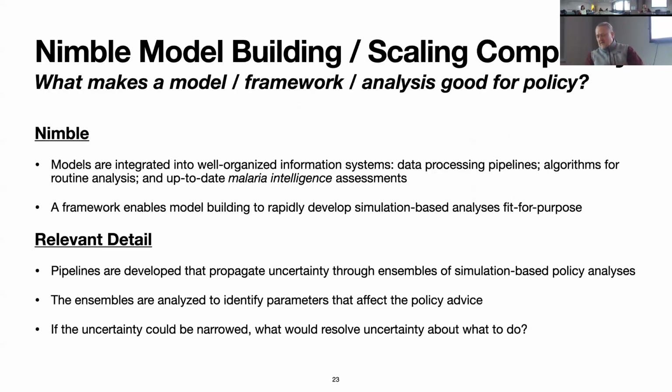Now, to make this work right, to do all of the things I've said, we need to be nimble. So you sitting in a policy office, from one minute to the next, the discussion could change. And if you can't come back and provide policy advice in a reasonable amount of time, you just won't be useful. So you need to be able to change the kind of thing you're doing. And this is one of the reasons why we didn't want to go down this route of using individual-based models, because they take a long time to build and calibrate and turn advice back. It's usually in the order of months, and it's expensive in terms of computation cycles. So we wanted to be able to use simple models first, and then later do complicated models with the analysis. So we wanted to be able to scale complexity.